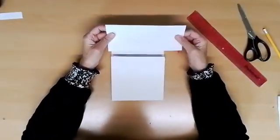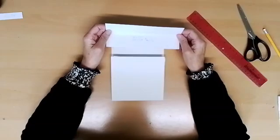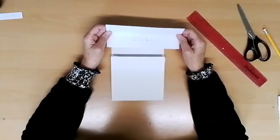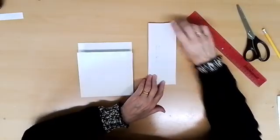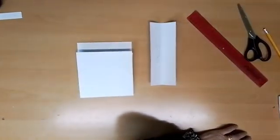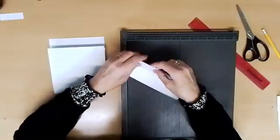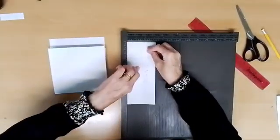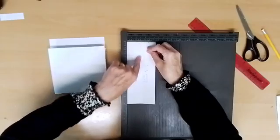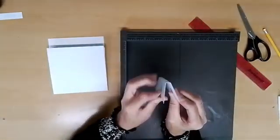And this part of the card is 8 inches by 3¼ inches. Okay? And we've put it on the scoreboard, and we've scored it. I'll get the scoreboard out just to make sure these measurements are right as well, because I was in a hurry when I did it. We've scored it at 1¾ and 1½, okay? 1½ and 1¾ and it gives you like a little